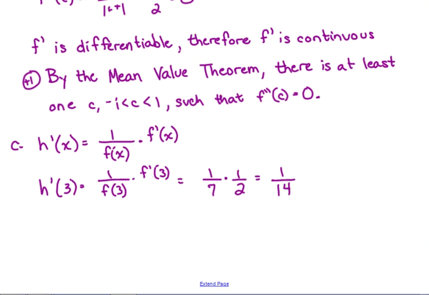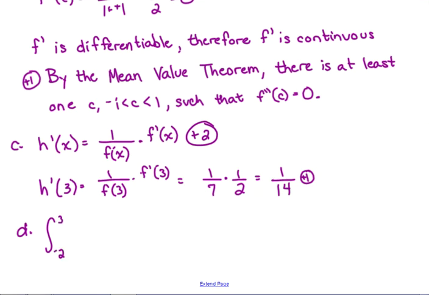Part C is actually 3 points. They give you 2 points for the derivative of the composition function there, and 1 point for your final answer of 1 over 14. So we're at 6 points right now. Part D says to evaluate the integral from -2 to 3 of f prime of g of x times g prime of x dx. Now, I know that looks really, really funny,